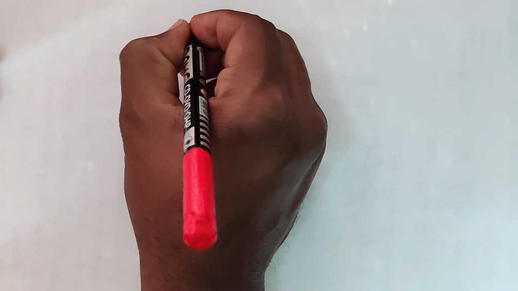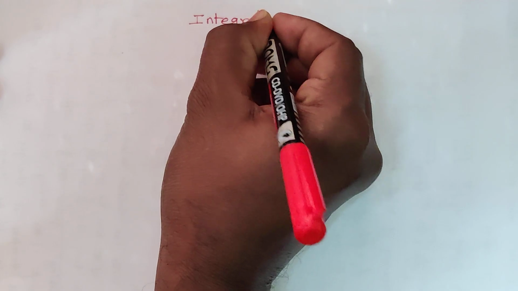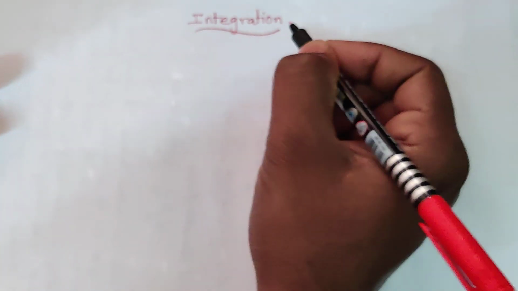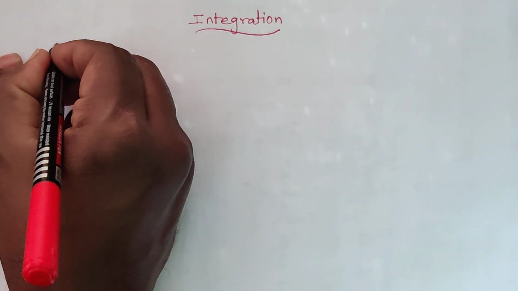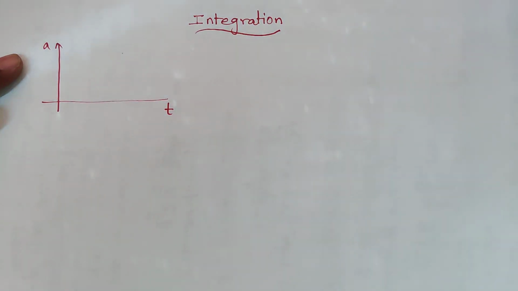Dear students, I am going to explain about integration in this lecture. Integration is nothing but a summation of small parts. It is called integration, and antiderivation is also called integration. Right? Okay. See here, if I take A versus T graph, A versus T